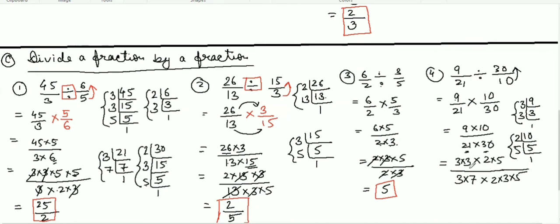Now cancel from the numerator and denominator one by one. I can see this 3 and this 3 cancel. Again, take the second 3 and this 3 we can cancel. This 2 and this 2 we can cancel, and this 5 and this 5 we can cancel. Now you can see at the top every number is cancelled, but don't make the mistake of thinking that 0 is there, because 1 is still at the top. So here is 1 over only 7 left. So you have the answer 1 over 7.